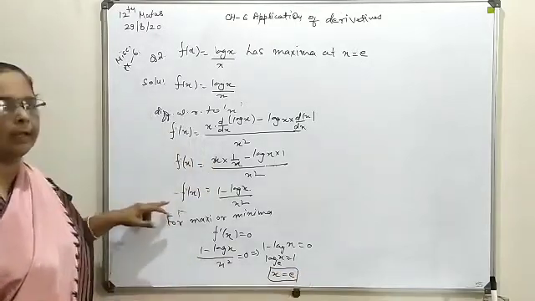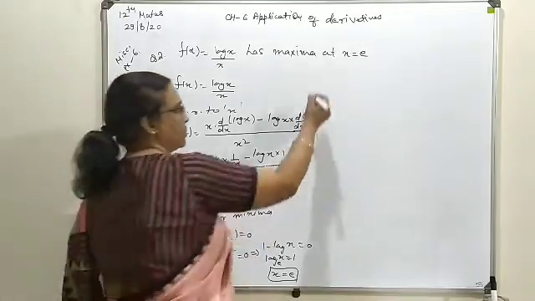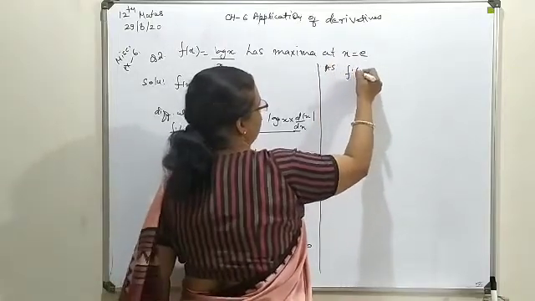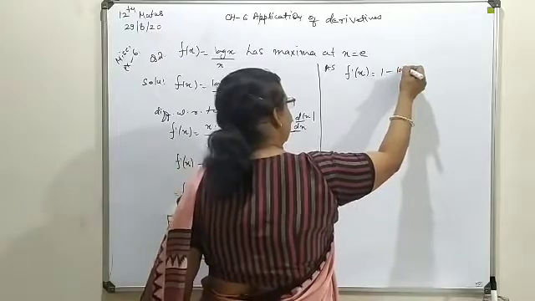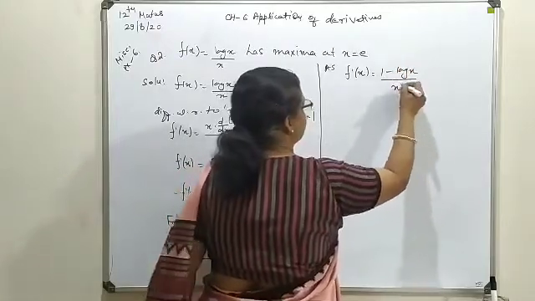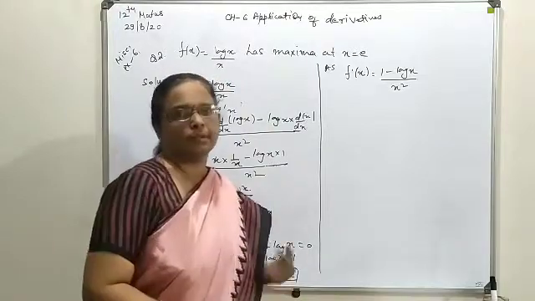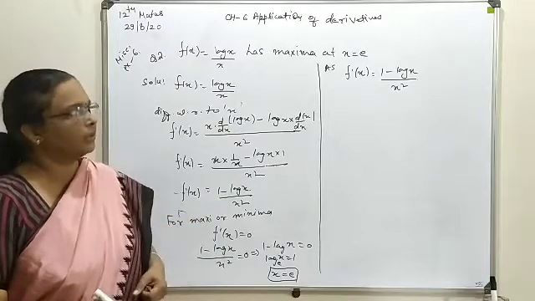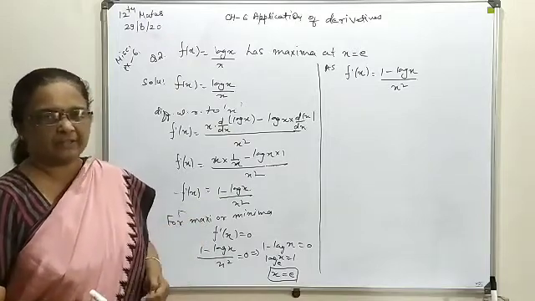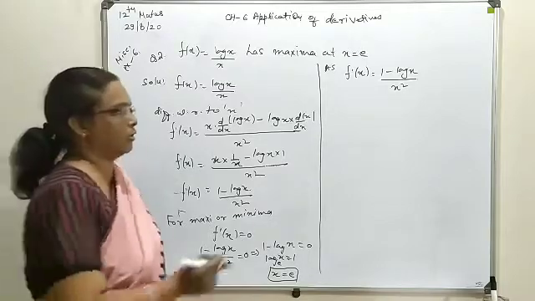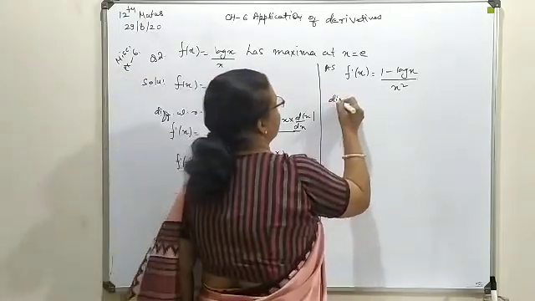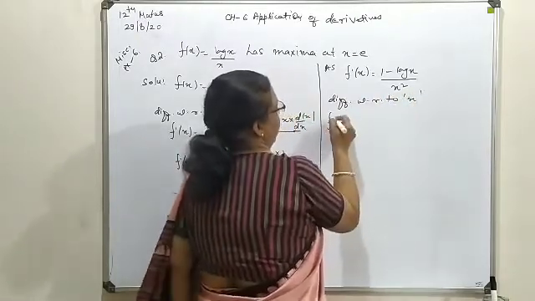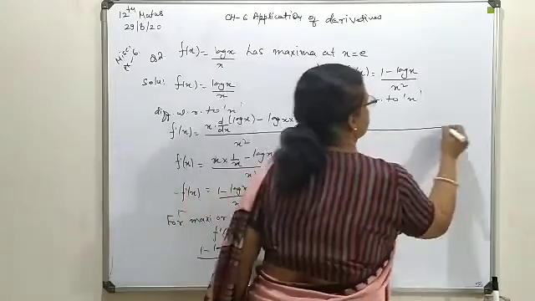So let's start again with this first derivative and proceed for the second one. Now f dash x you have is 1 minus log x upon x square. Here also you can see numerator as well as denominator both carry the x variable term. So again implement the f by g form for the differentiation. Now differentiate with respect to x. f double dash x, what will you have here?